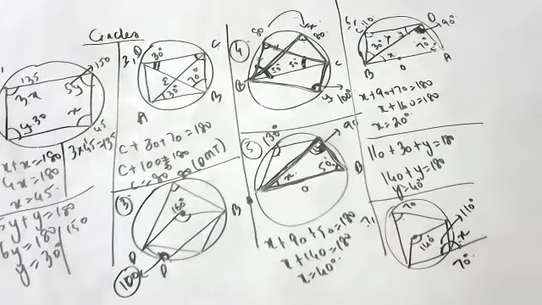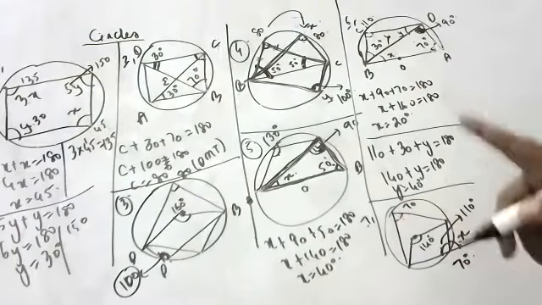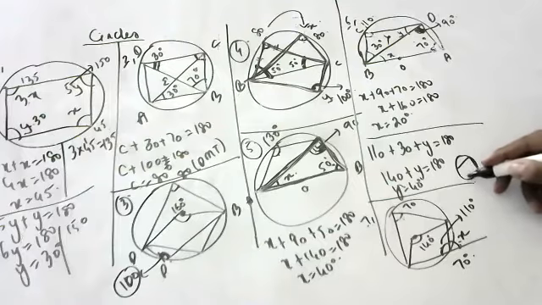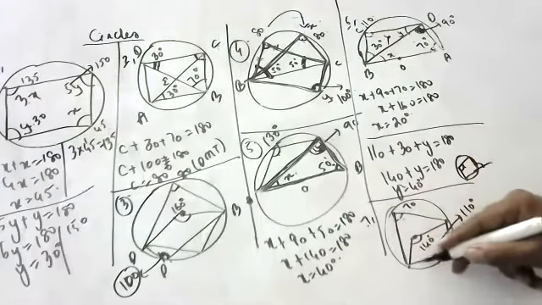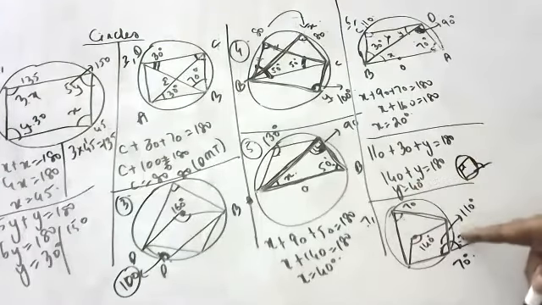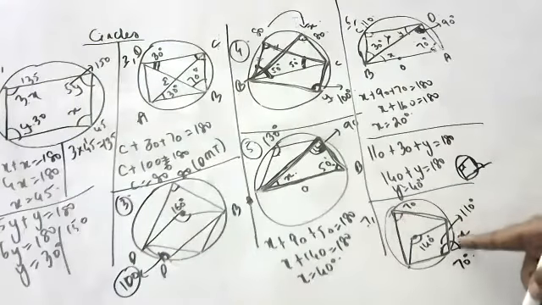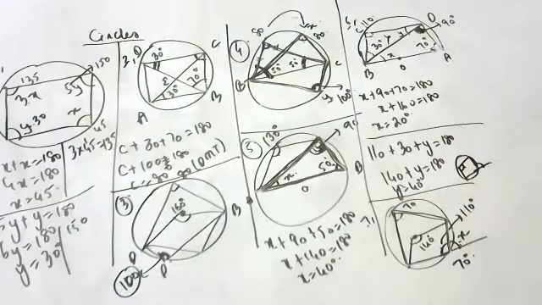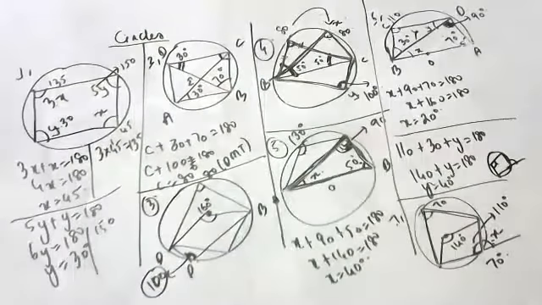Children, from this, what you understood, this 70 and this 70 are equal. So always remember, in a cyclic quadrilateral, exterior angle is equal to interior opposite angle. It will be useful, children. Remember it. We have generalized because we have seen so many sums now, so we are generalizing one statement.